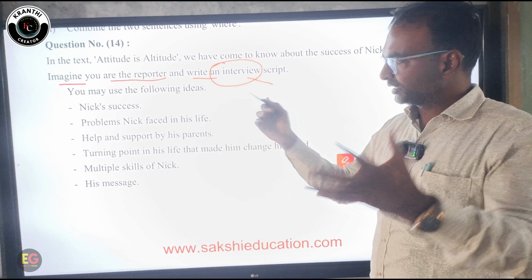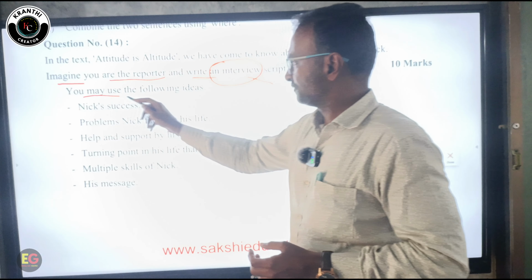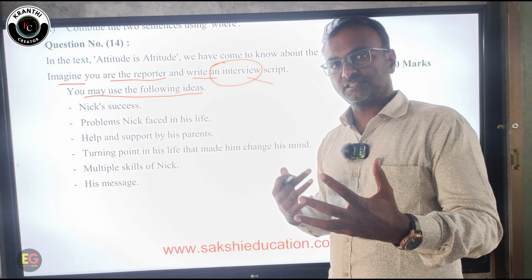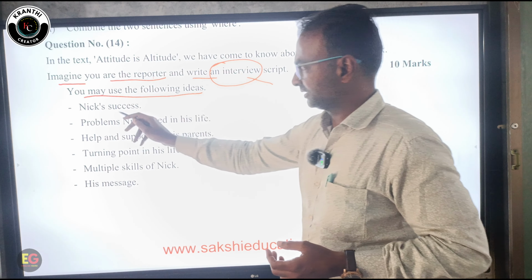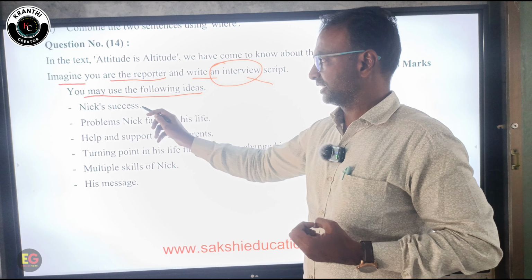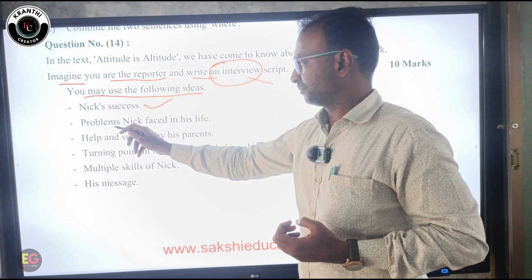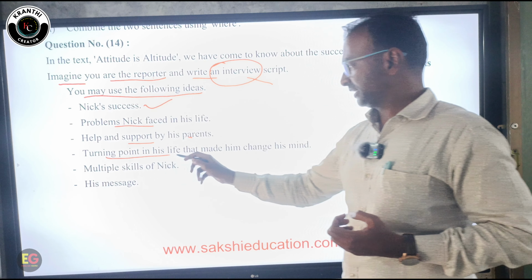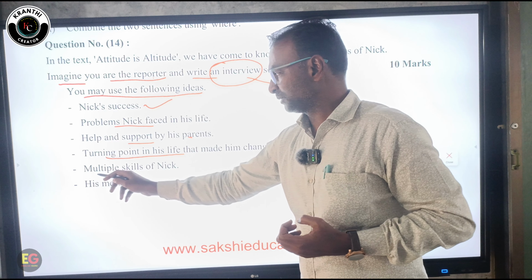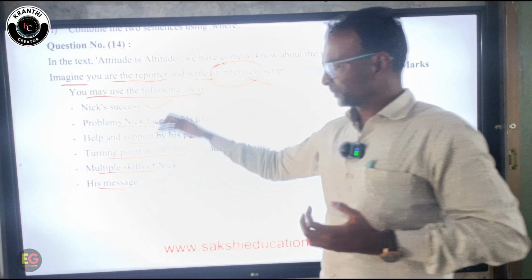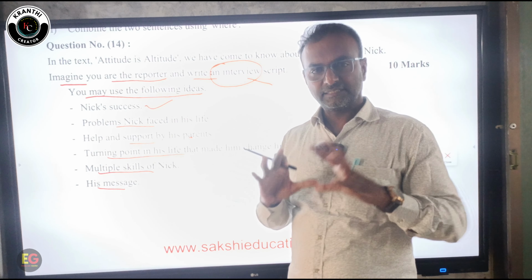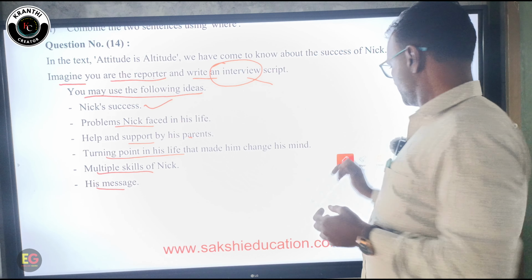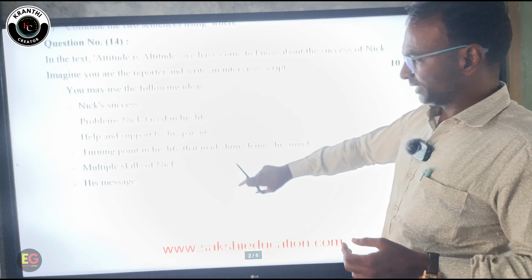Imagine that you are a reporter and you can use the following ideas, meaning you can use the hints to make questions to form an idea. You can ask questions about Nick's success, the problems that he faced, the support from his parents, the turning point in his life, the multiple skills and his message. At least you have to write 10 exchanges, 10 to 20 marks. So this is the choice bit, and otherwise,